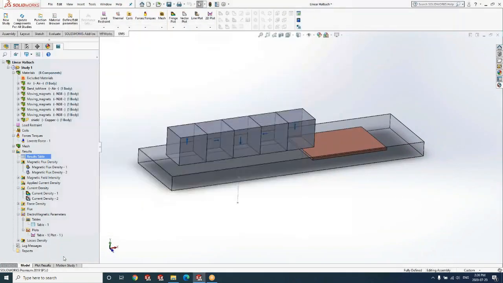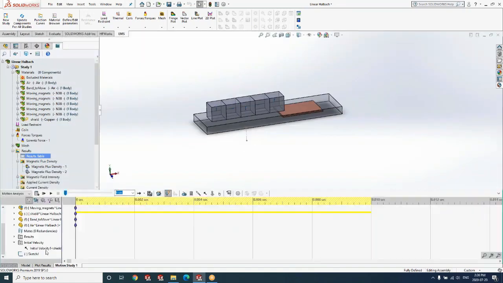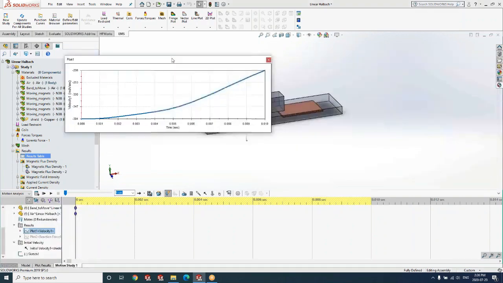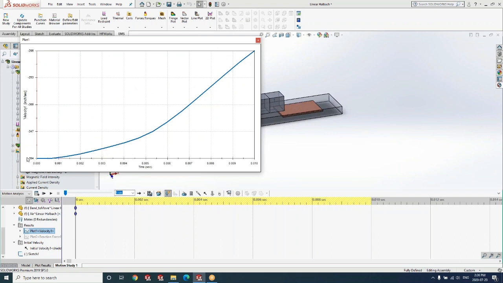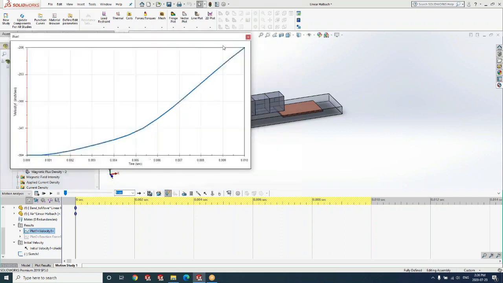This plot is actually better visualized in SolidWorks Motion. Here I'm going to plot the velocity. You can see here we are talking in inches per second. So the velocity changes from -394 inches per second to -206 inches per second.